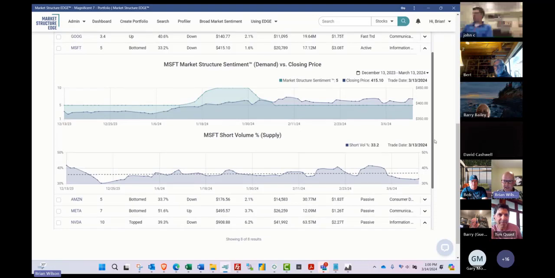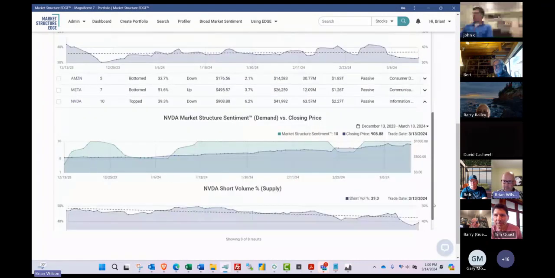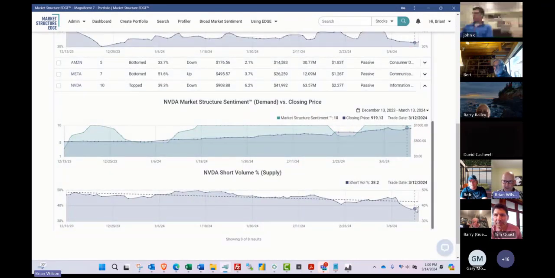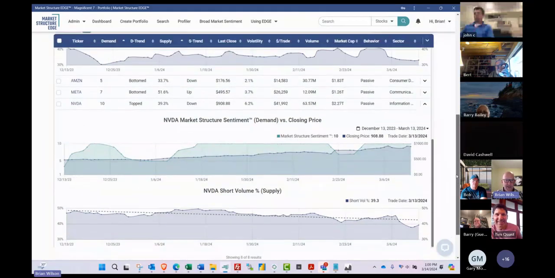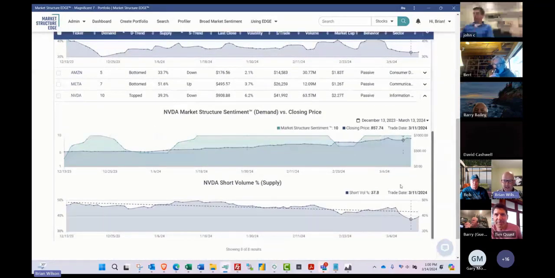And I was looking, once again this morning, at its supply demand characteristics and good demand. Short volume's just starting to rise a little bit, but that's still very good in terms of overall divergence. I think I bought NVIDIA today when it was down 4% and sold it when it was 3.5 or whatever. I wasn't looking to make that much. I was just looking to capture part of that intraday volatility. Why did I buy it when it was down 4%? Well, look at the normal intraday volatility, 6.2%. It's down more than half of that intraday volatility. Good demand, good supply.